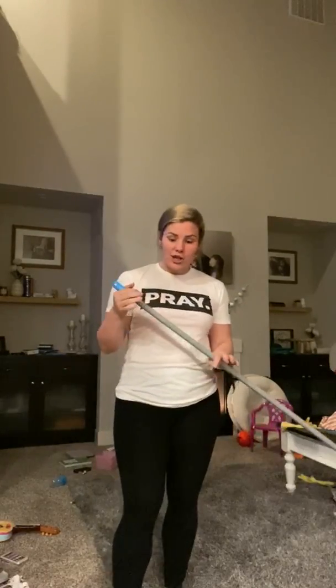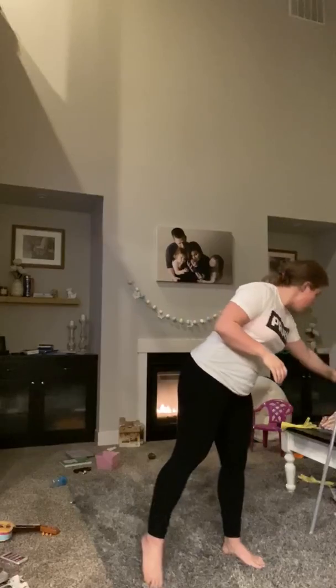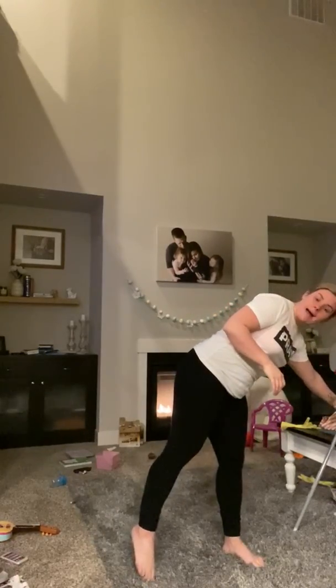Okay, so we're gonna go over the split jerk. I'm using my sweet broom handle, no broom attached, right? If you have a broom, it should just spin right off. Okay, so I'm gonna set this down for now. We're just gonna talk about